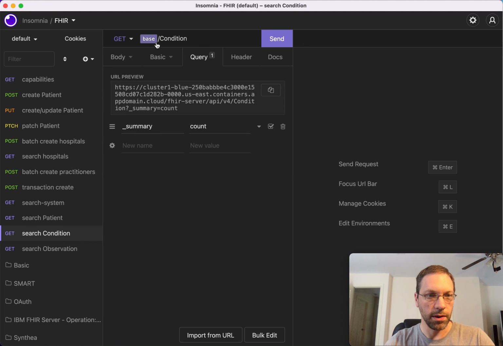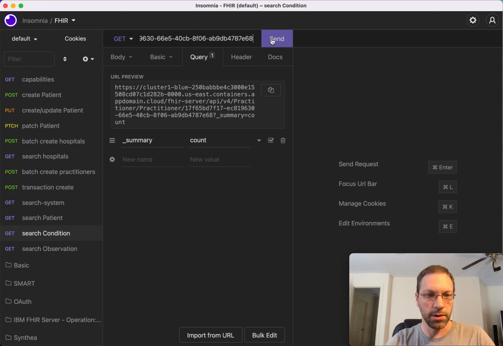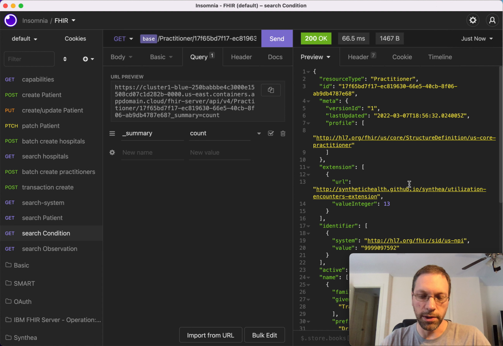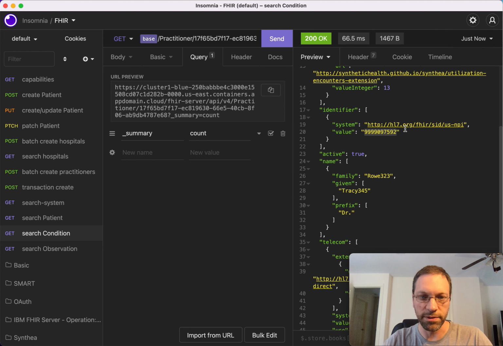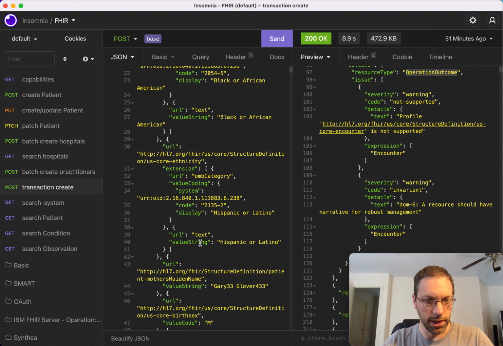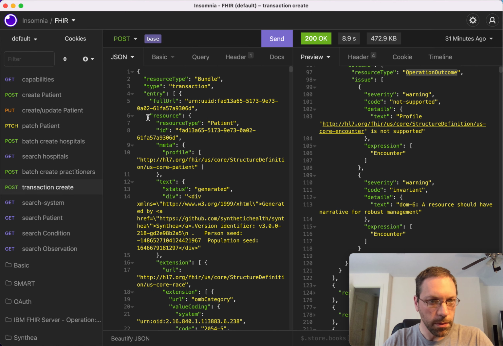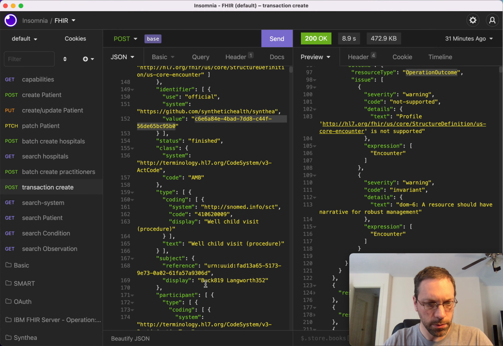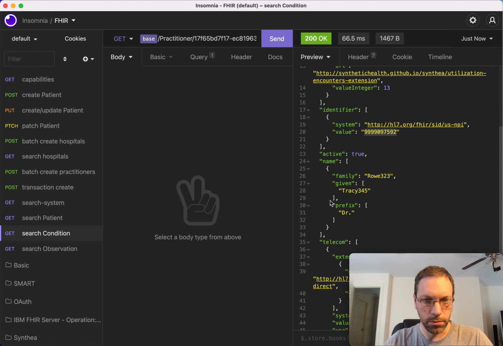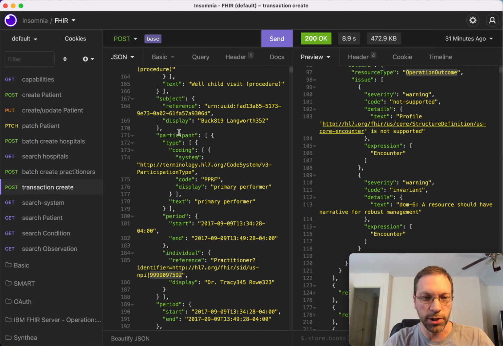So we'll do a get of practitioner. This one. Oops, did twice. There we go. All right, so this is the identifier that should match from our transaction create. Which was that second one here. There. 97592. Great. Okay. So you can see this works okay for sending individual transaction bundles,